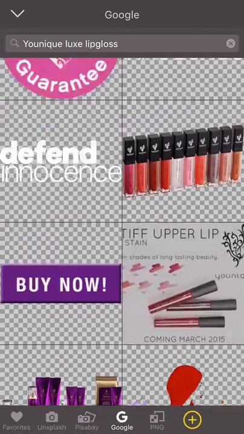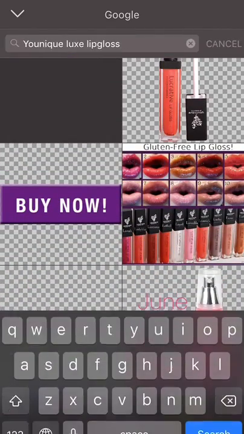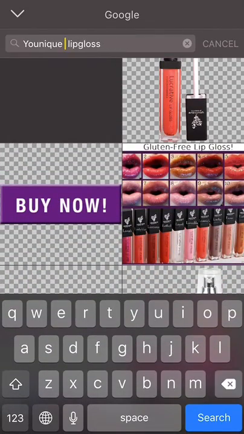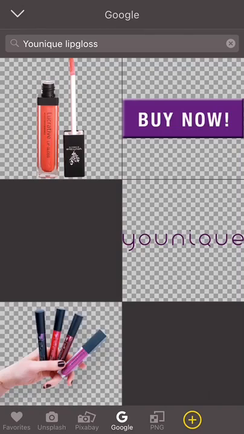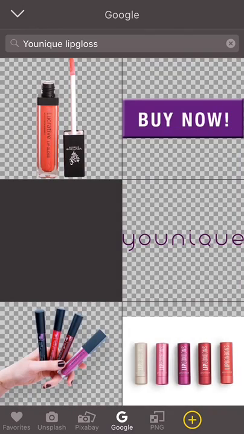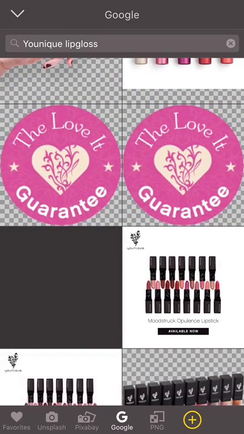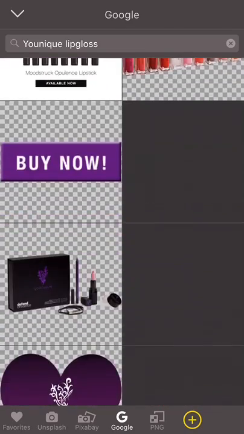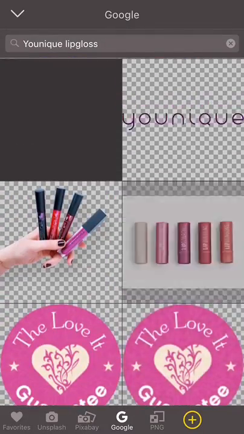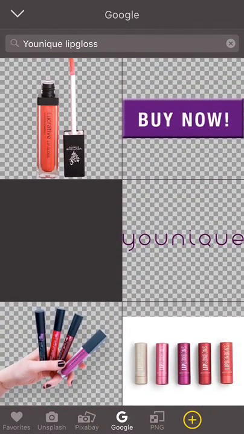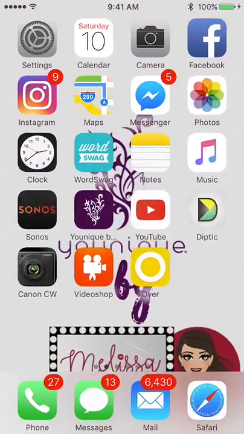I'm going to try to be a little bit more generic and just do lip gloss and see if I can get a Luxe to show up. Alright, so again, it doesn't have the right lip gloss I want,